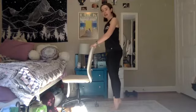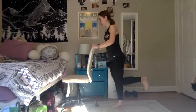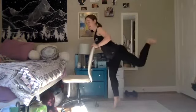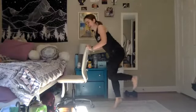So you can stay in Releve or stay down. We're gonna have a nice 90-degree bend, this time on our left leg with a flexed foot. And we're gonna draw that knee in towards our elbow and then kick up towards the sky, or ceiling. Sometimes I like to picture there's a bug on the ceiling and you're squashing it,